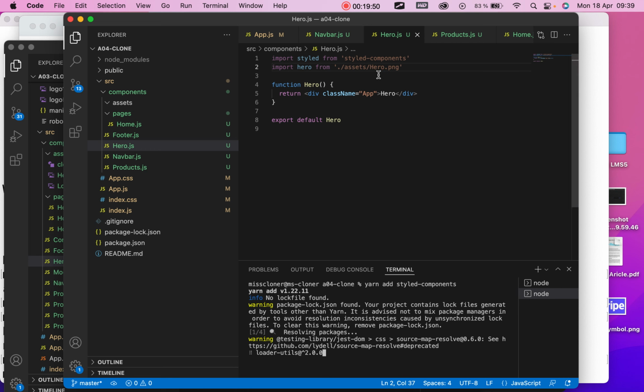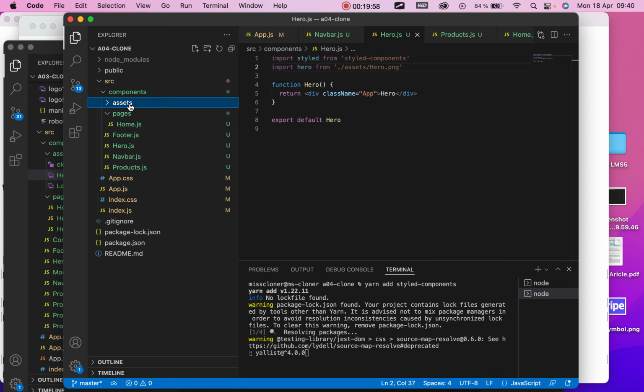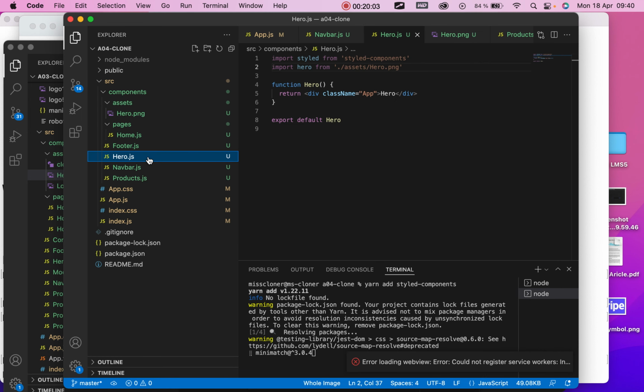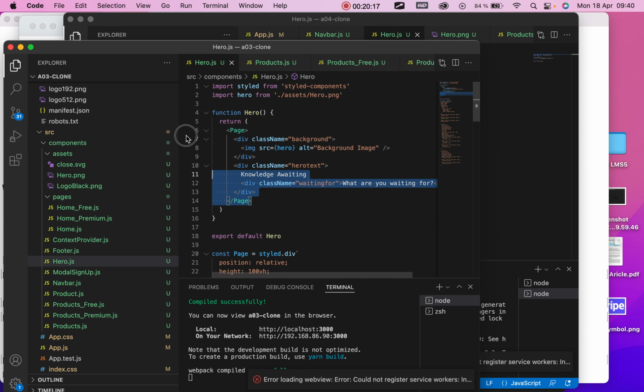And how about assets hero? I probably don't have that, no. So I will copy the hero image from my cloner project. This should take care of 2 of the errors. Now I have imported the asset and I should have styled components pretty soon. So I'm going to my cloner project to check again on the hero document. We will copy the